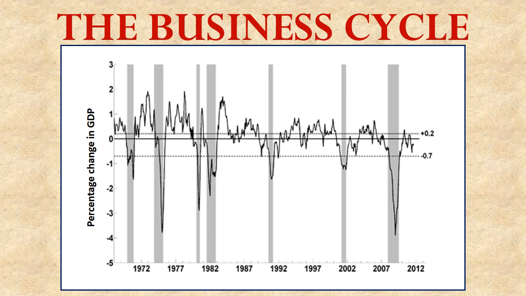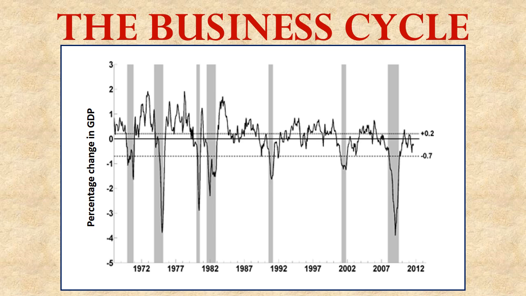You can see that there are fluctuations back and forth between these things. You have a recession, then you have growth. You have recession, you have growth. You have recession, you have growth, etc. They happen over and over again. That's the business cycle. But please notice that there's no real pattern to this. Sometimes recessions last for a long time. Sometimes they go really deep. Sometimes they're very brief and they're shallow. We don't know. We can't predict when they'll happen. They just do.